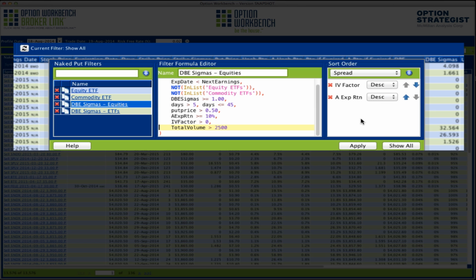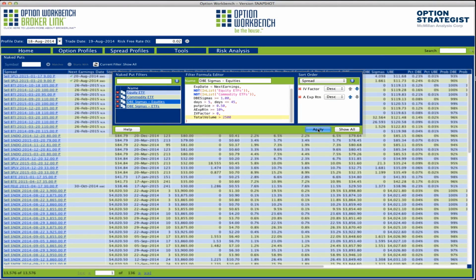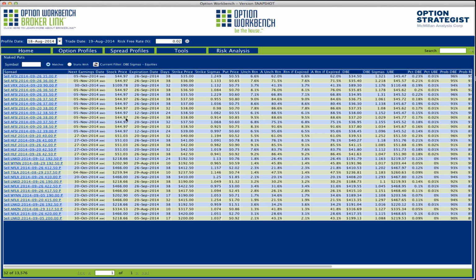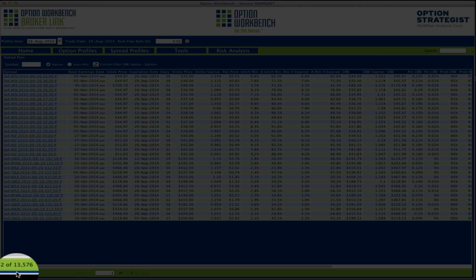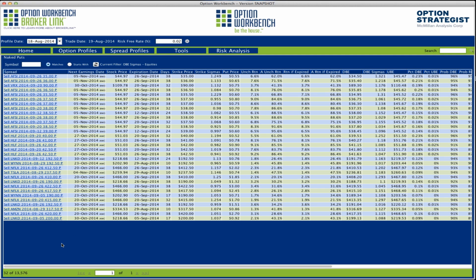Okay, so that's my filter that I'm using for today. I'll click the apply button, and then within less than a second, I've gone from 13,576 potential puts down to 32, which is a much more manageable number. And again, I've been using this particular DBE Sigma's centered filter since about November 2013, and it's been working pretty well for me. So now I'm going to go down the list,